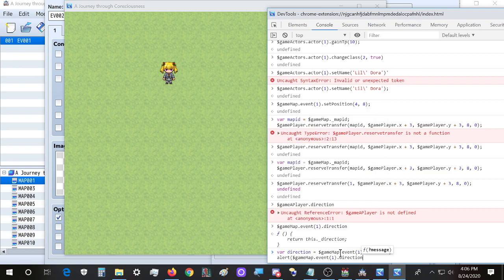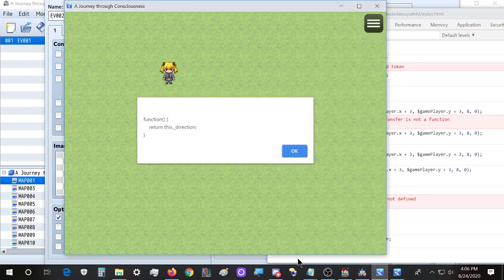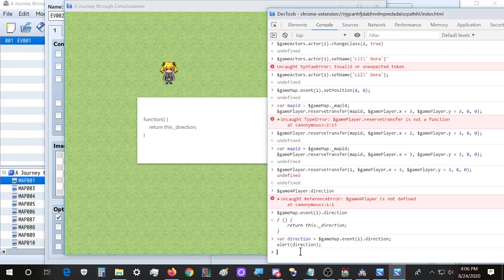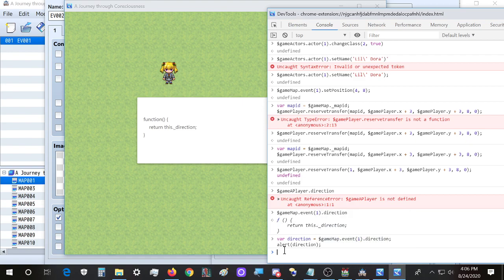Alert, okay. Oh, and it no longer gives you the value, it gives the function itself. Okay, at least in MV it will tell you the specific direction. Now the point is